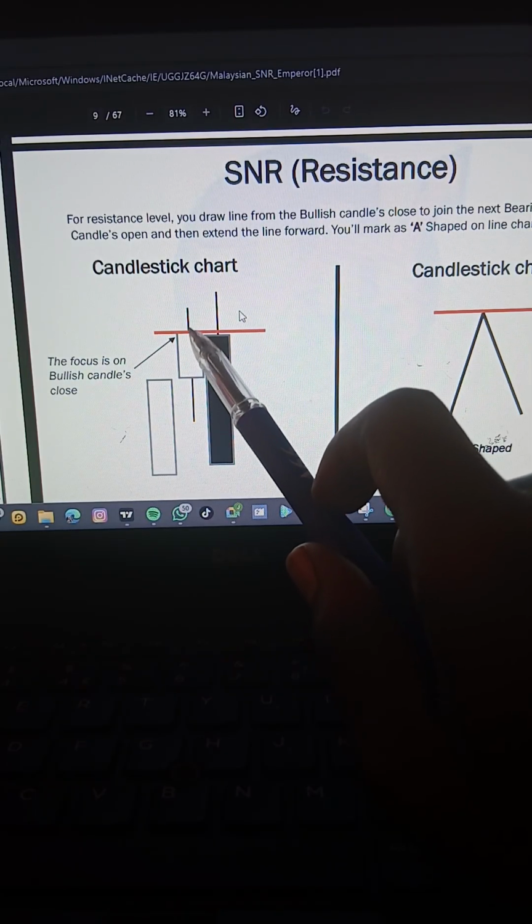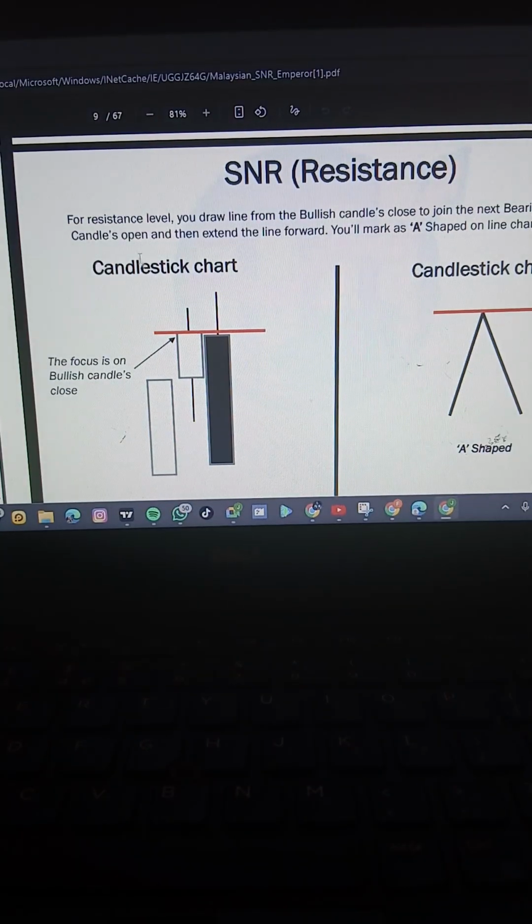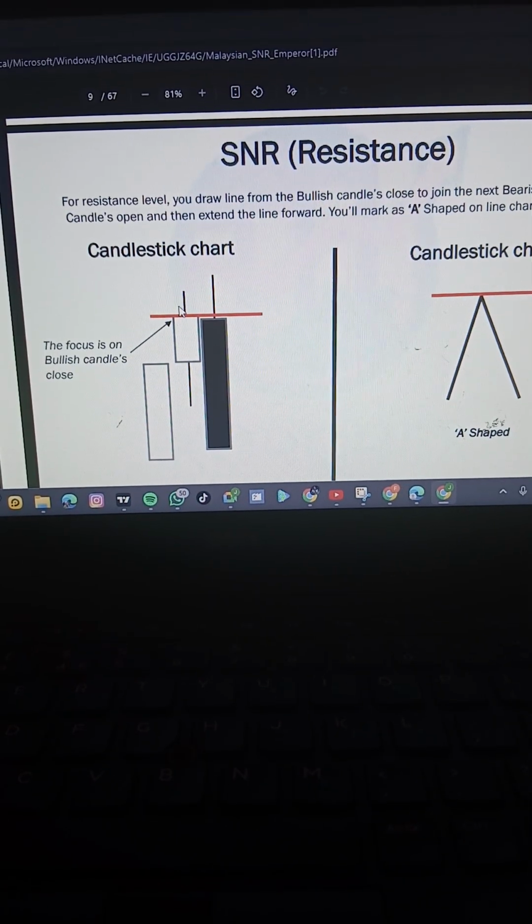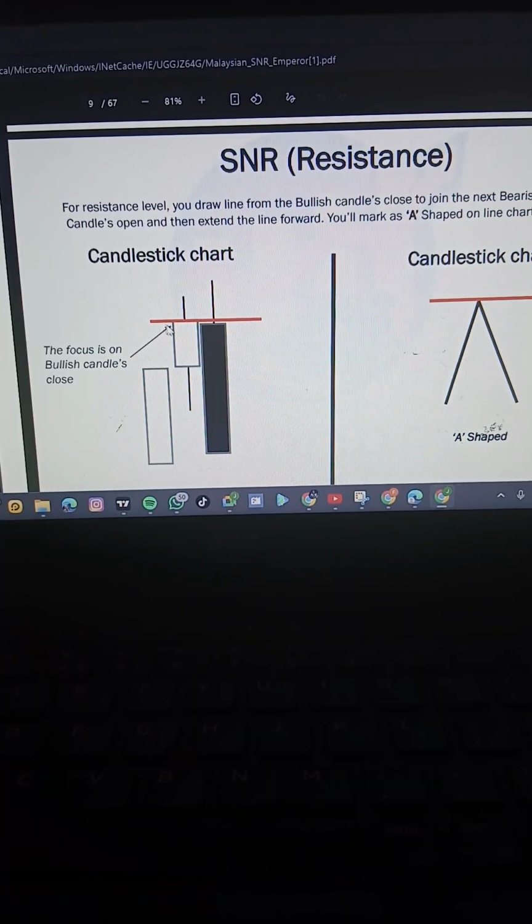This is where price closed. There is where price is closing. The bullish candle is closing. So I'm marking a line from that close, joining the next candle's open. After doing that, I extend that line, and I will mark this as